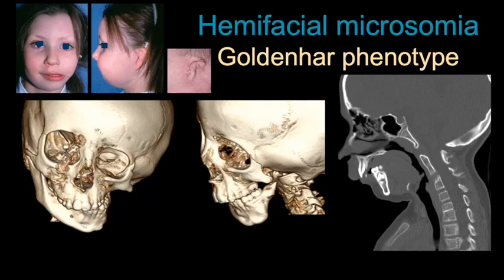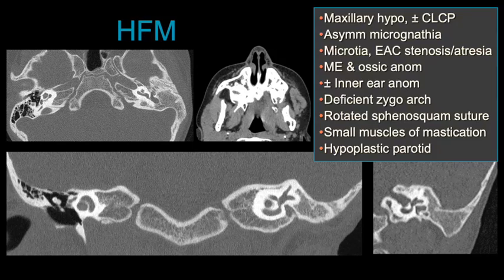Small mandible, absent condyle, deficient zygomatic arch, a degree of mid-face hypoplasia, smaller orbit, and in the Goldenhar phenotype, epibulbar lipodermoids and vertebral fusion anomalies. Temporal bone imaging in these patients shows atresia or stenosis of the external canal with associated middle ear and